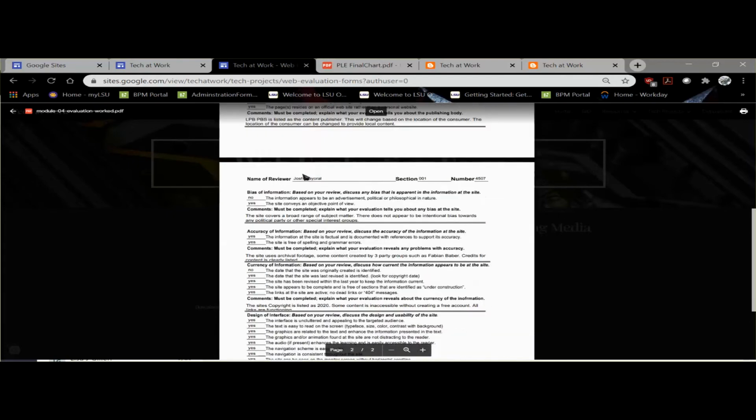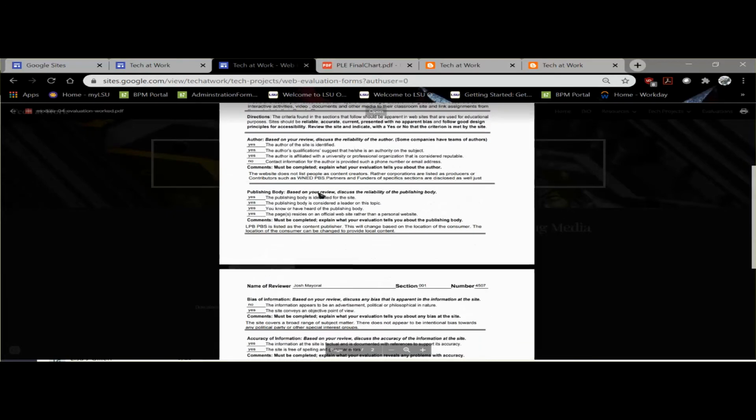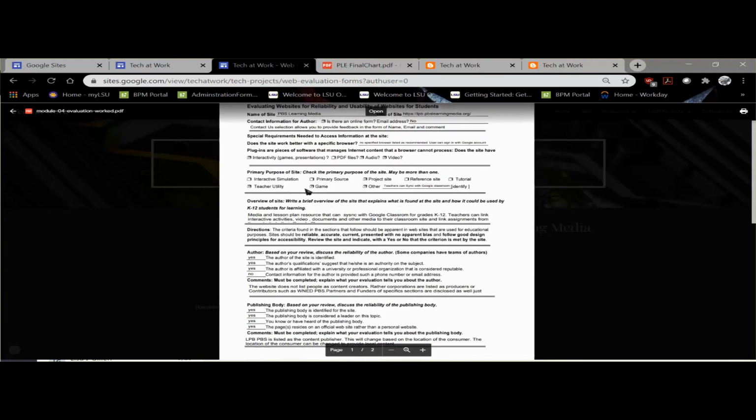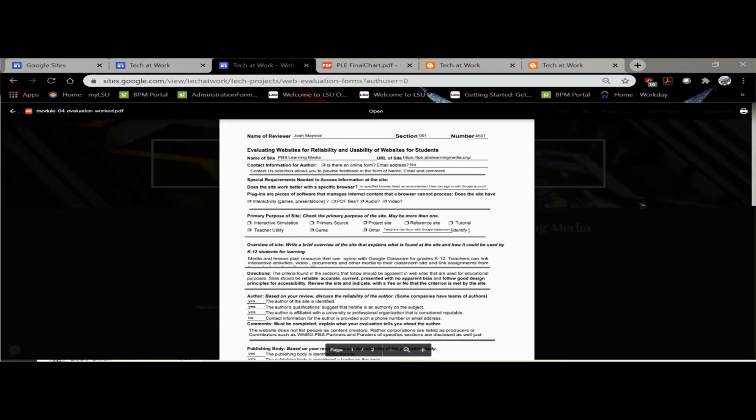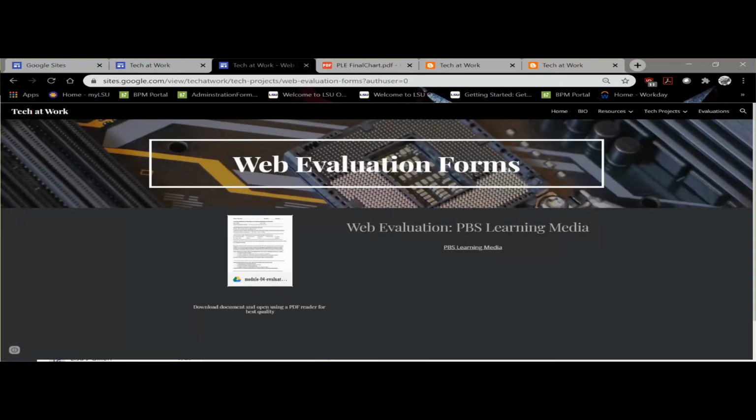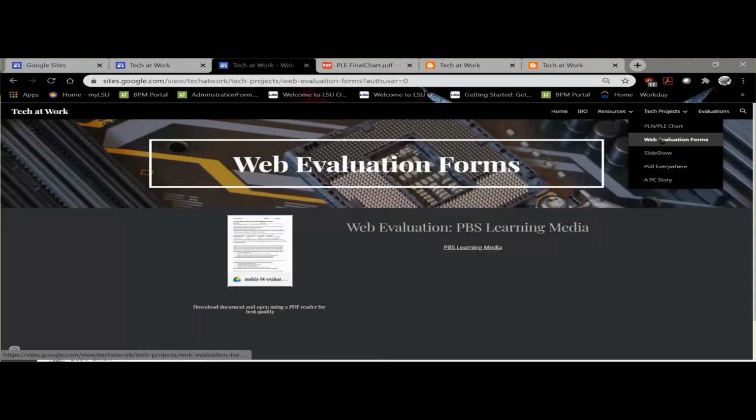And so I did benefit, I think, from having an evaluation tool that I may not actually fill out every time I look at a site that I'm going to recommend, but I can definitely reflect back on it and think, okay, does it have X, Y, Z? Is it relevant? Is it trustworthy? So for that, it was a good experience.